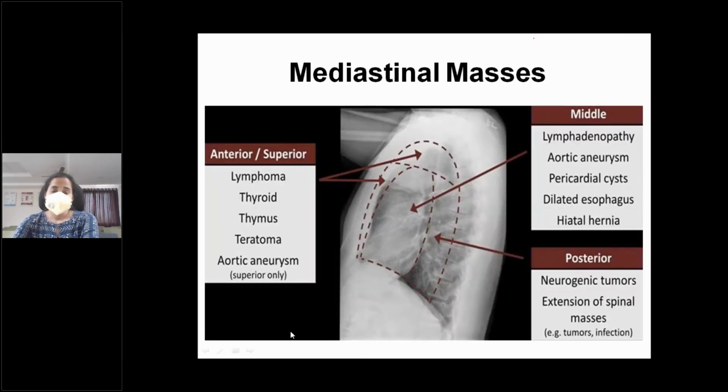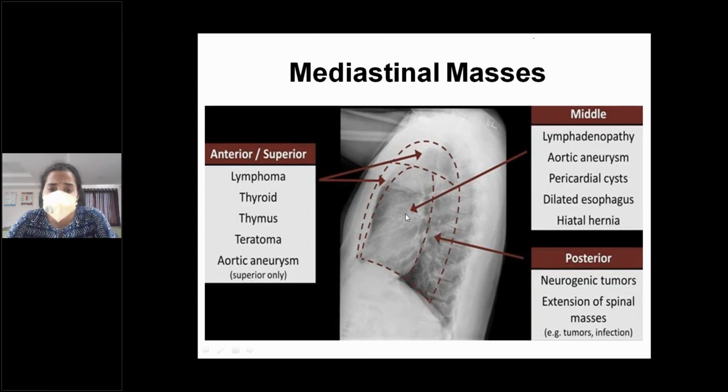Okay. Now these are the various mediastinal masses you can think of whenever you see a mediastinal lesion. I don't want you to memorize all this, but you have to remember a few. Anteriorly, in the anterior mediastinum, you have the thyroid and the thymus, so these can enlarge. That you have to remember. You will have a few lymph nodes, and lymphoma can also be present, and then teratoma can be there.